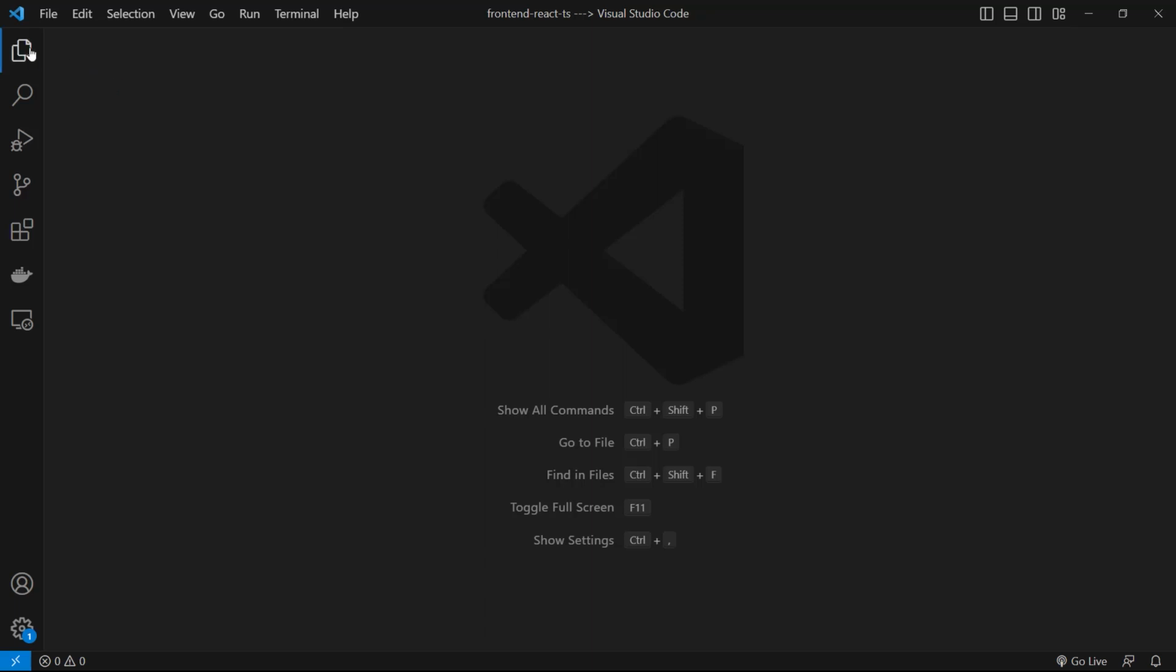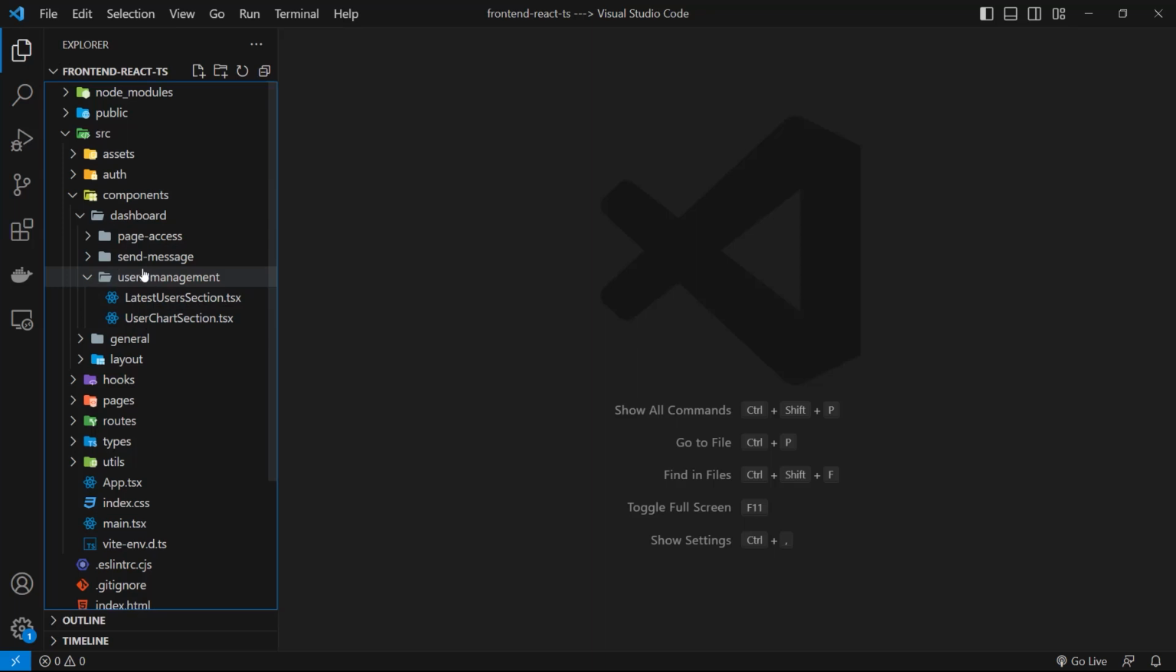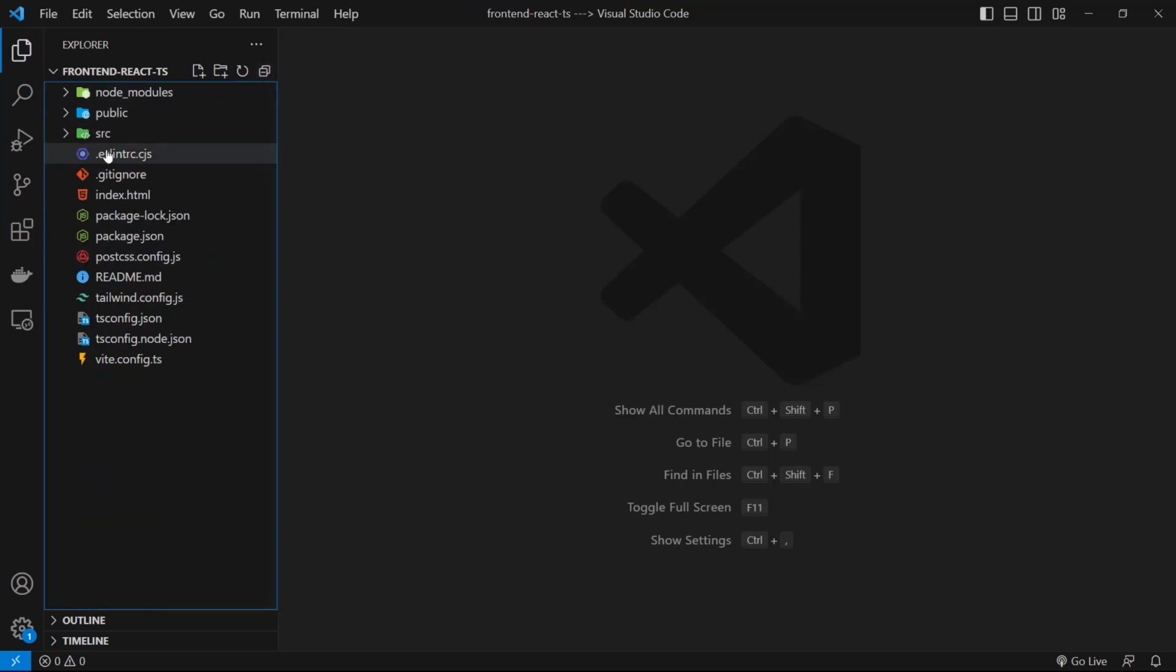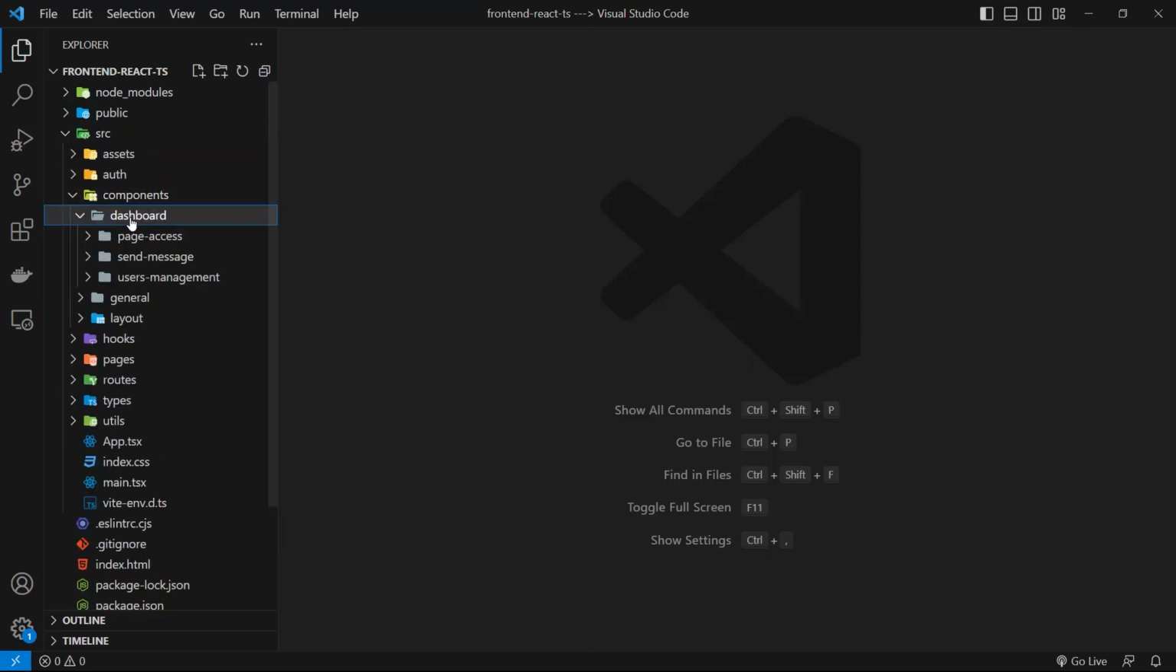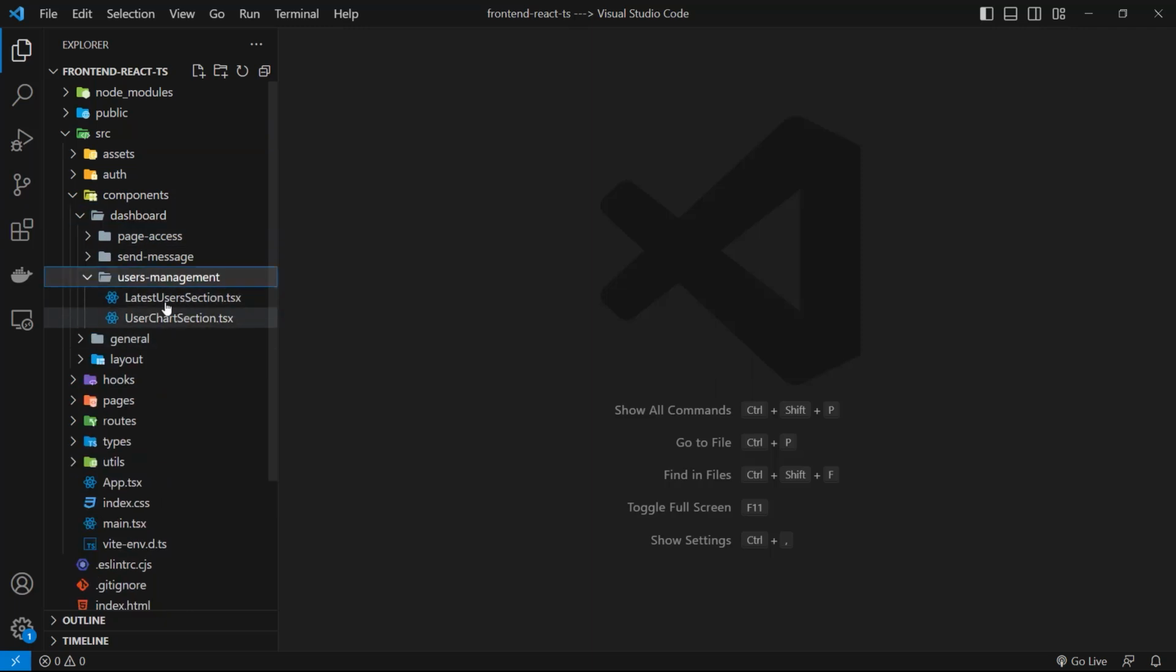And now let's create the next component. So again, let's go to the components in the SRC. Let me show you again where we are now. So we are in the SRC components, dashboard, users management. We are working on the users management page. So we have this user management folder inside of components dashboard. So let's create a new file with the name of